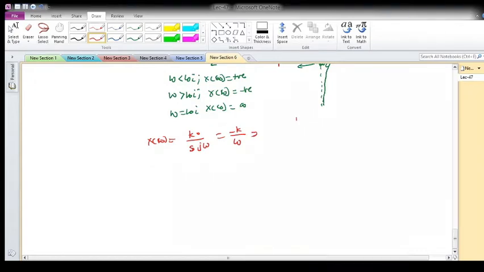So for that, let us draw the reactance curve as a function of omega. So this is basically x of omega, and the pole is at omega equal to 0. What will happen at the pole at omega equal to 0? I'll get infinite magnitude, which is minus infinity. Okay, and as omega goes on increasing, what will happen?